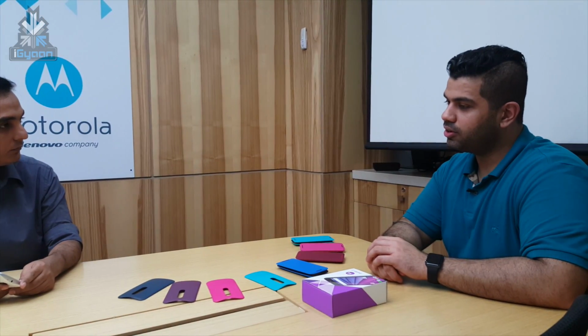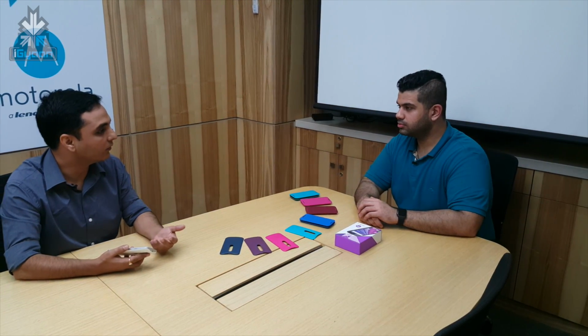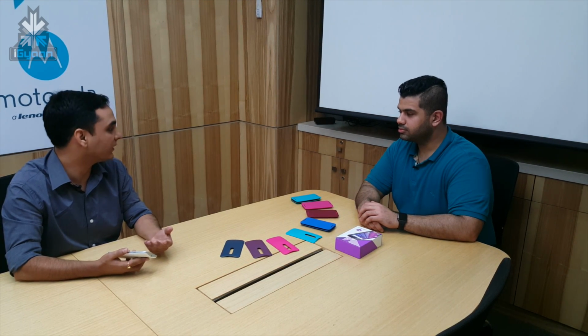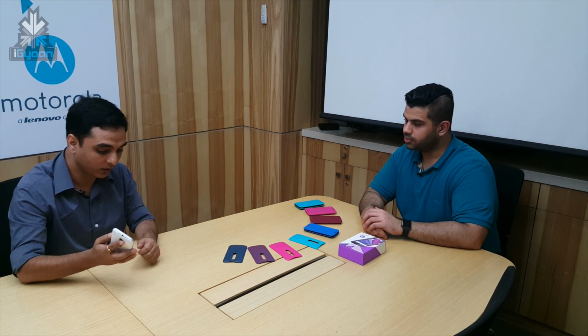Interesting. From a UI front, do we have anything going on? Any additional apps or anything interesting on the Moto G this time around? Well, we still strongly believe that the pure Android experience is what consumers are looking for. It's something we have regularly heard from them. The app stores have become very mature for them to download and utilize the applications that they want. But this device now gives you access to the Moto suite that we have here,